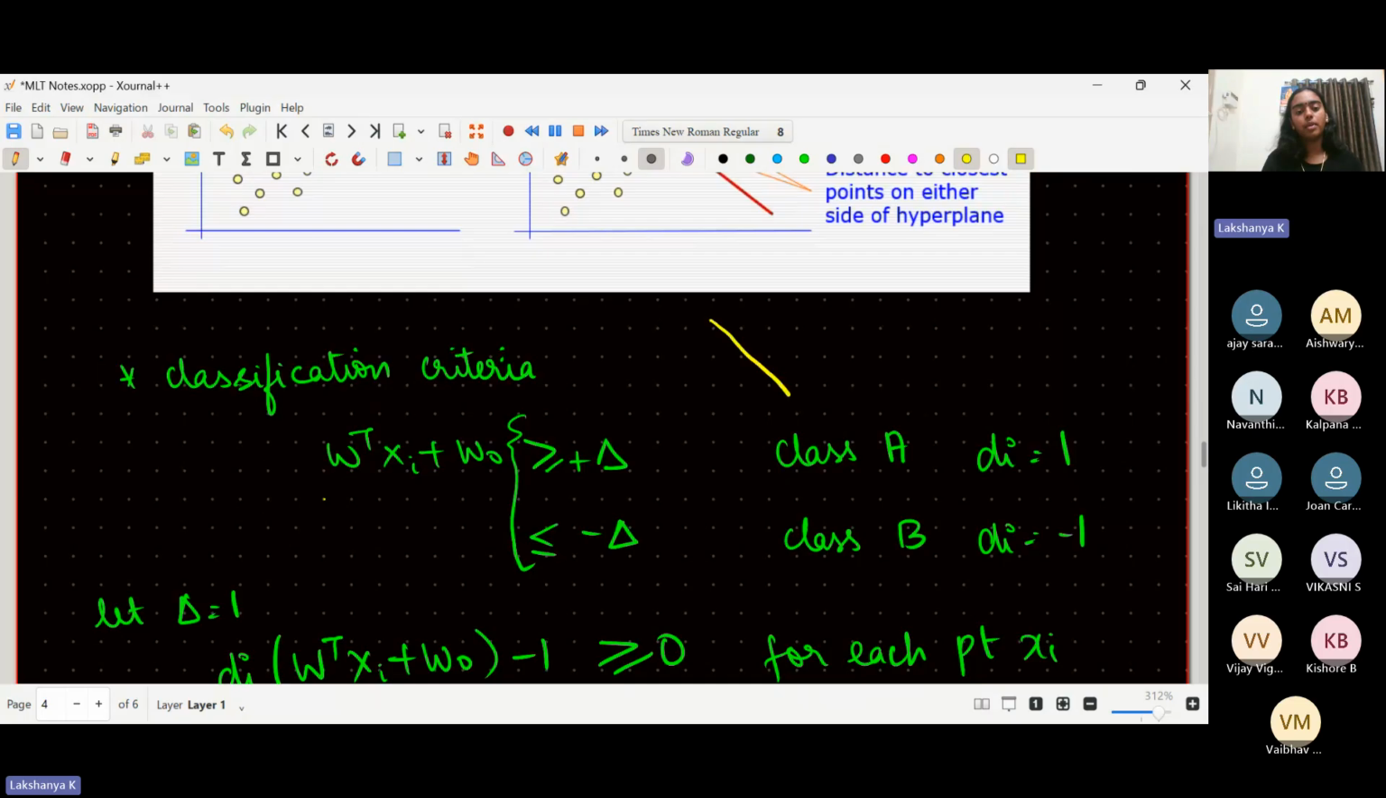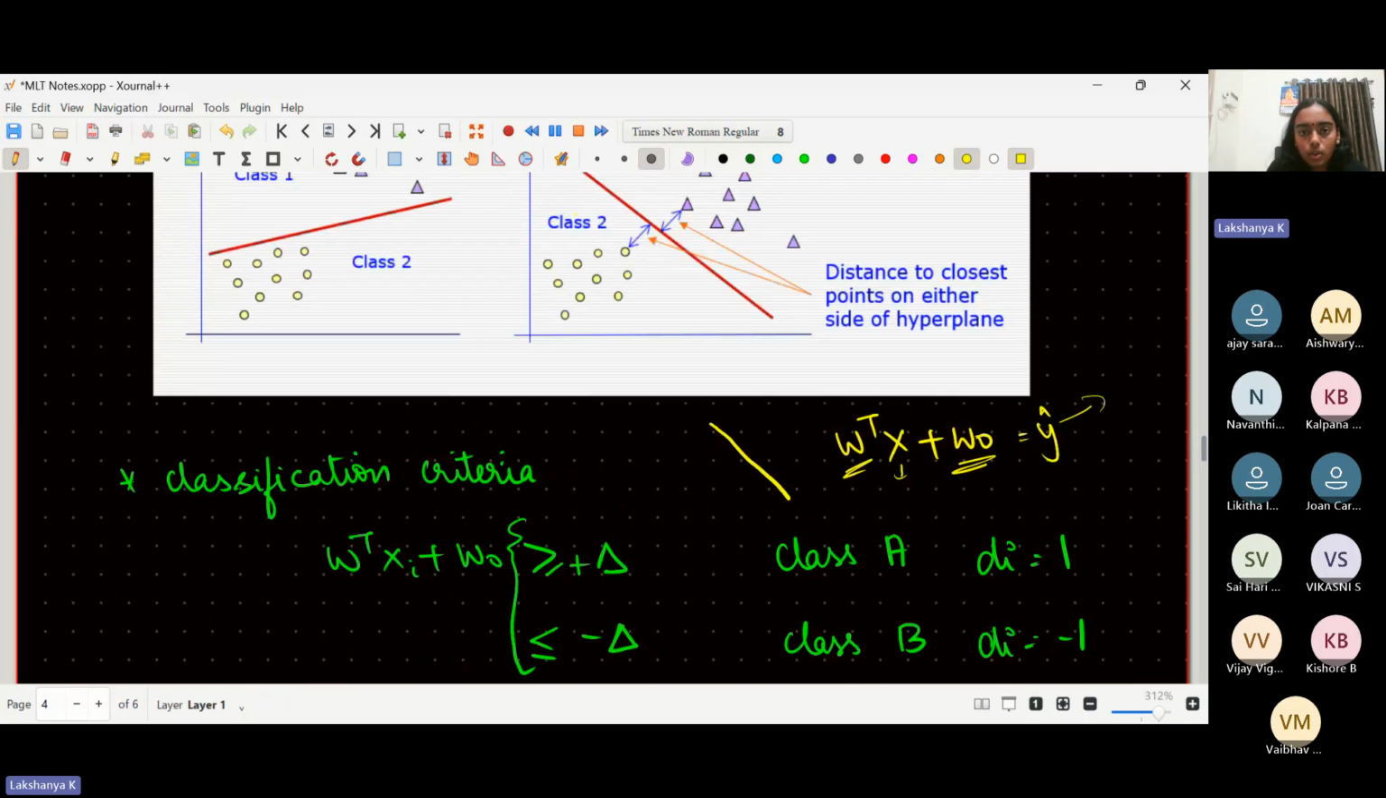So if you remember from your linear regression, W transpose X plus W naught is your expression for a straight line. These are the weights, this is an additional bias kind of term, this is going to be your data point, and this is your predicted value, right? So if your W transpose X plus W naught is greater than or equal to some value delta,